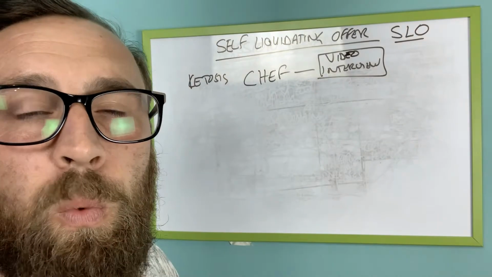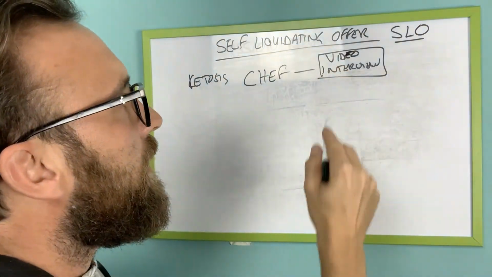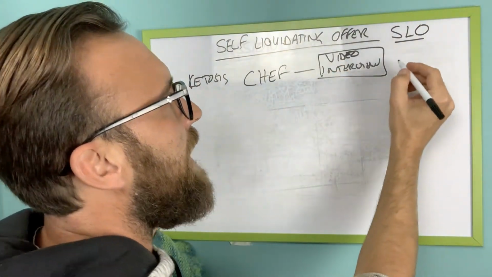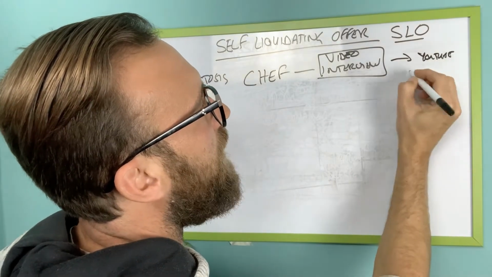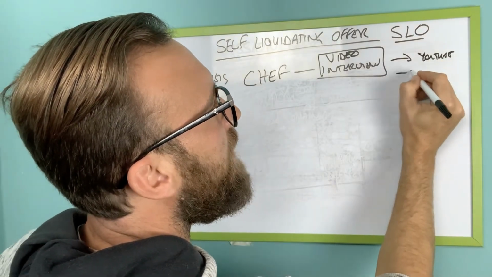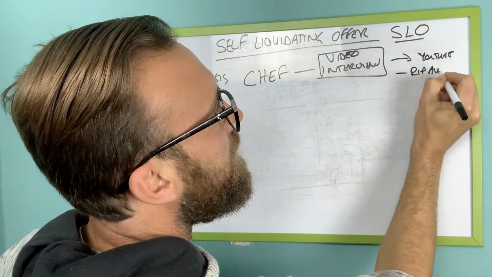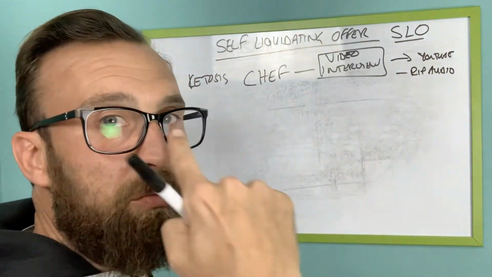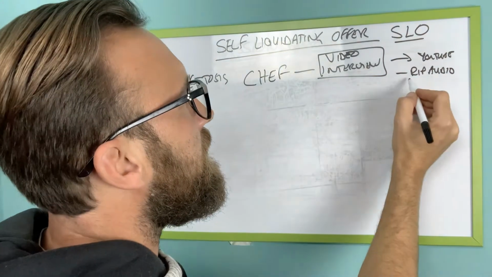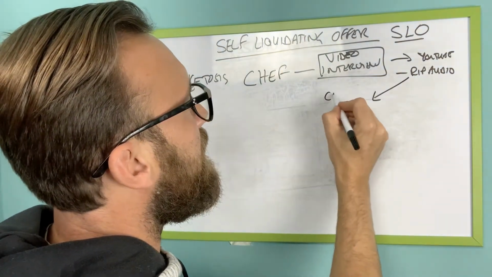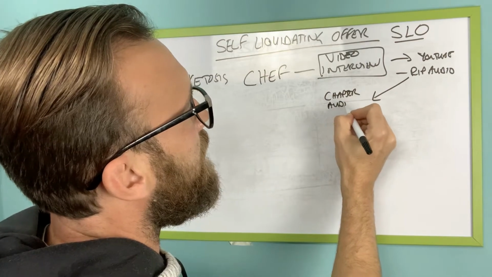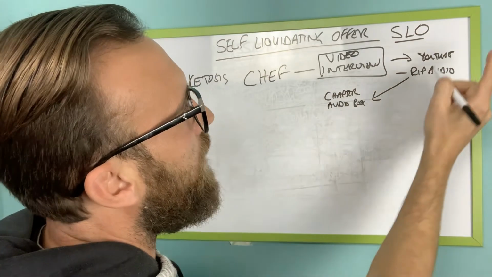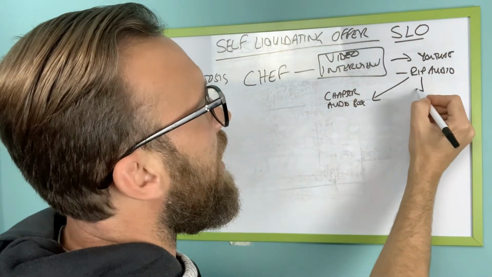Now, we're back to the same thing. A video that can go on YouTube. From that, you can rip the audio. Once you've ripped the audio from it, that can be a chapter in an audiobook. Okay? You can transcribe